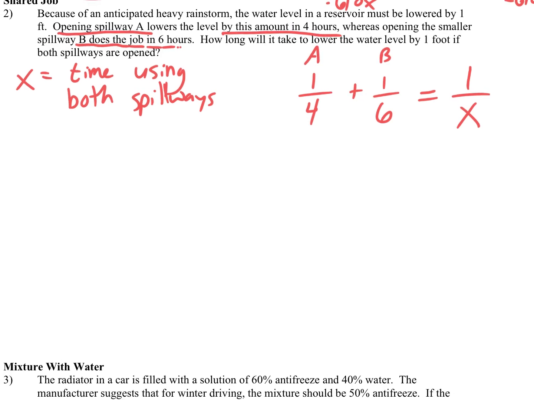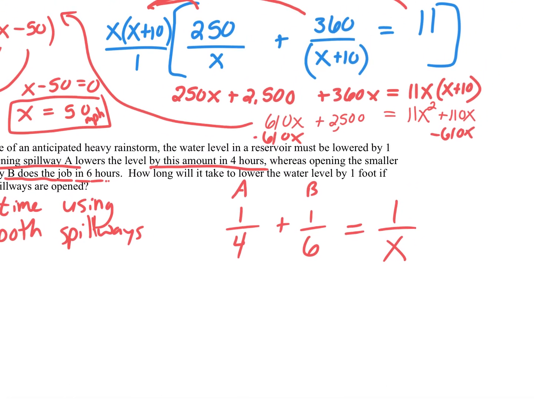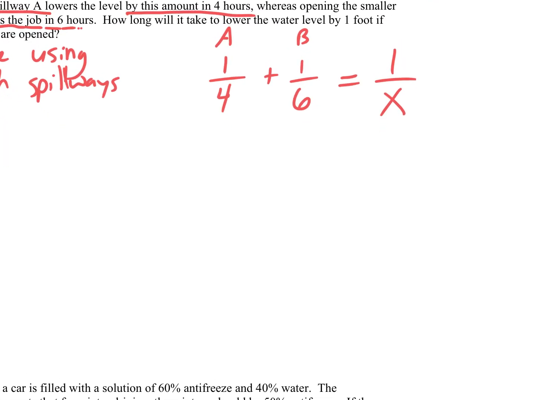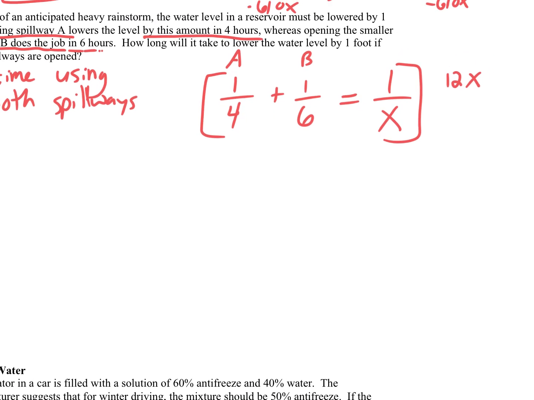So we again have an equation that is set up kind of like the last one. How do we solve this? LCD. So what is the LCD for these? 24. Smaller. 12. 12 what? 12 hours. 24 still works. 12x. So you take 12x